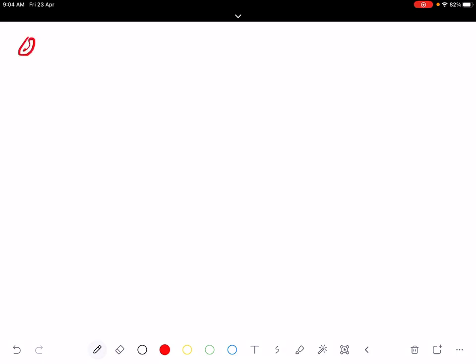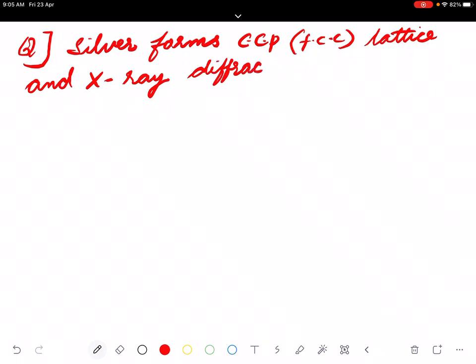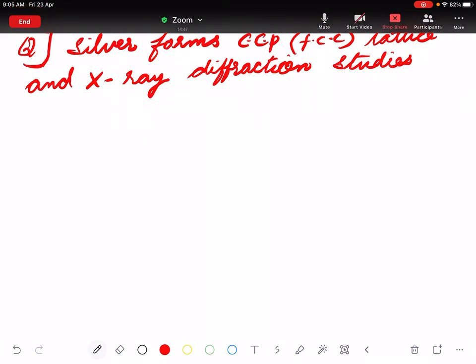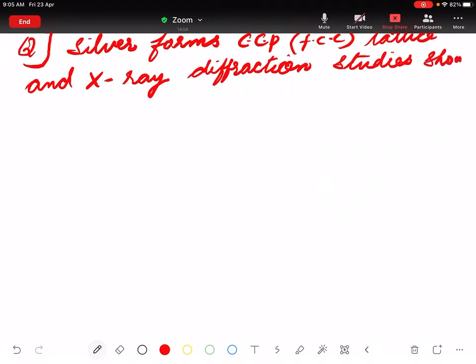Silver forms a CCP lattice. CCP means FCC. X-ray diffraction studies show that